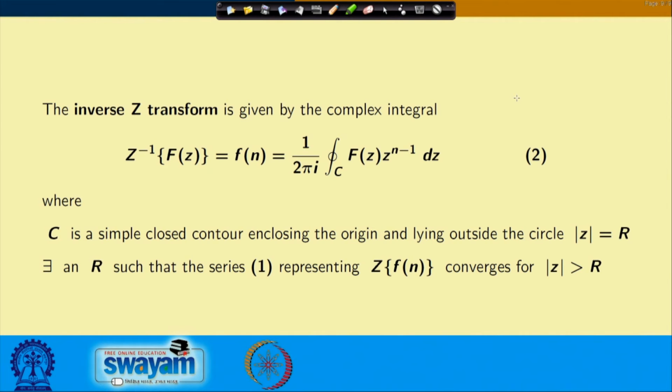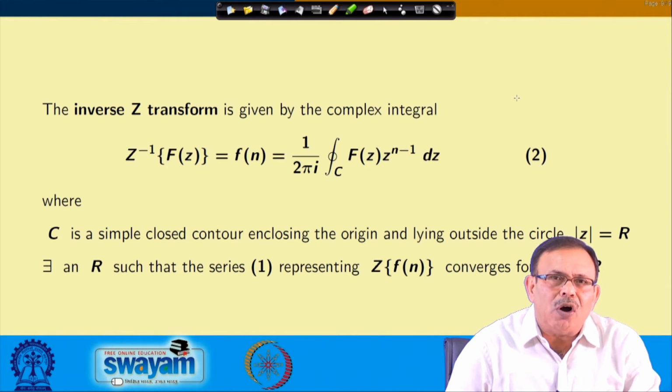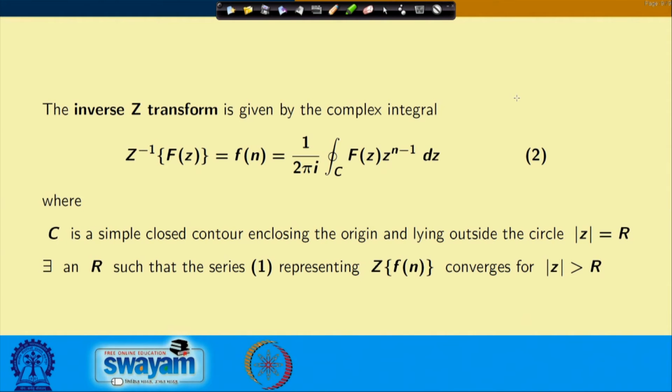And please note that there exists some r such that the series representing the Z transform of f(n) converges for modulus of z greater than r. So, please note this thing, that the inverse Z transform can also be found by evaluating the contour integral in the form of 1 by 2 pi i, contour integral over c of f(z) into z to the power n minus 1 into dz, where c is the simple closed contour enclosing the region